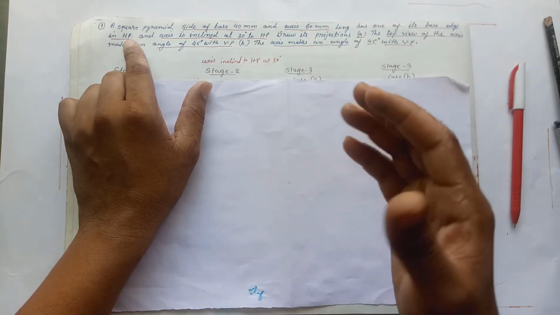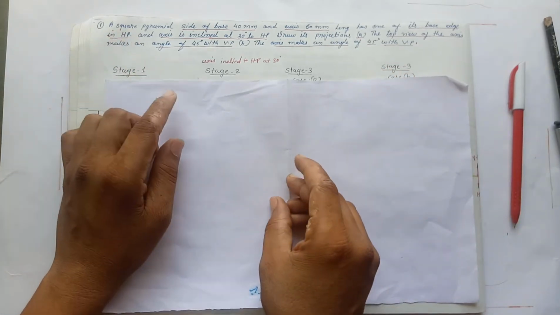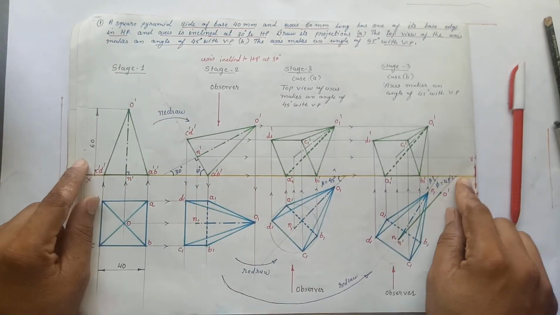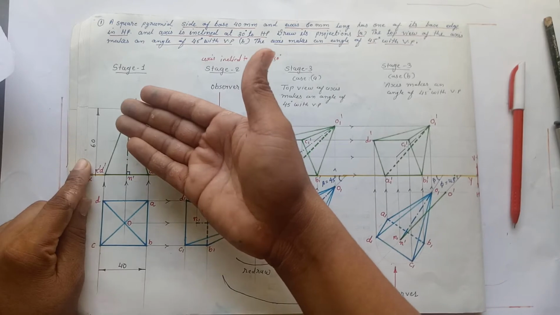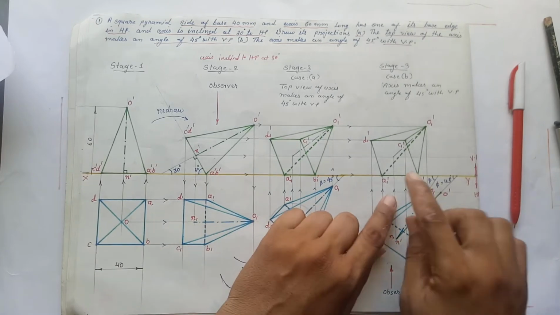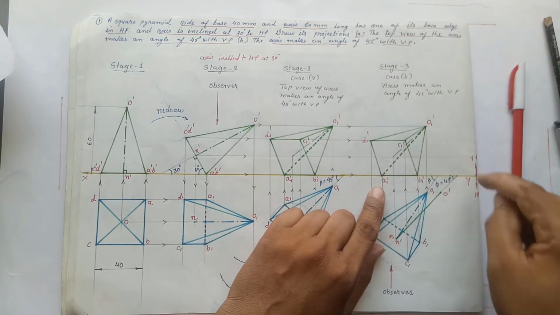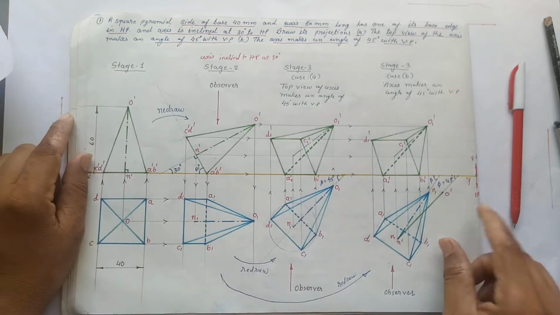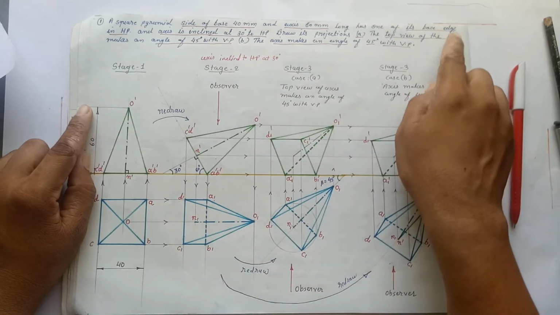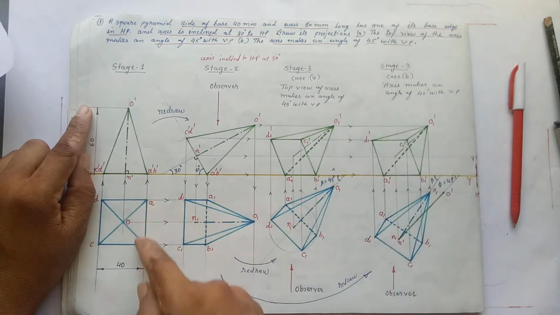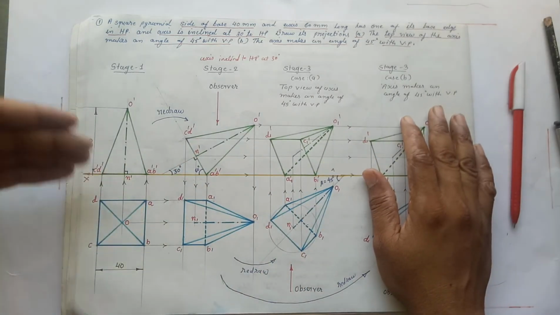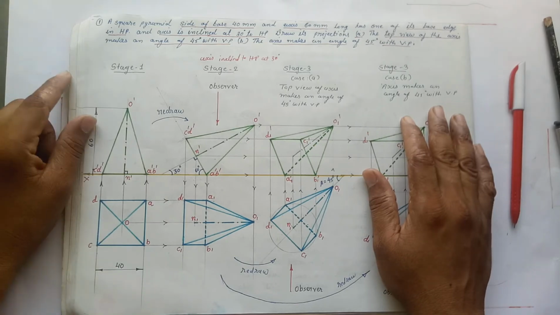Here we are going to use the first angle projection method. So first of all, draw the XY line. By using the first angle projection method, the plan will be below the XY line and the elevation will be above the XY line. The plane above the XY line is the vertical plane, and the plane below the XY line is the horizontal plane. So here we have to show the condition resting on HP on its base edge, and we have to take that particular base edge on the right hand side. So your task is to draw the first stage that we have already discussed in the last lecture.